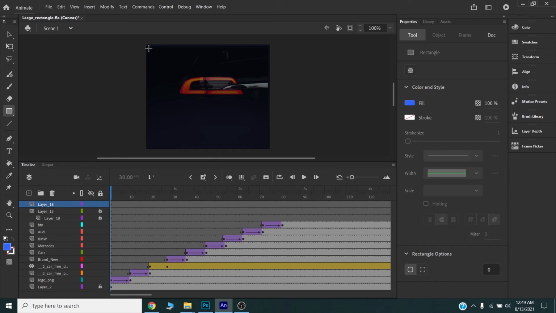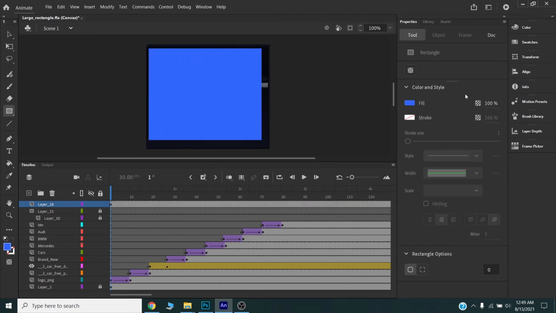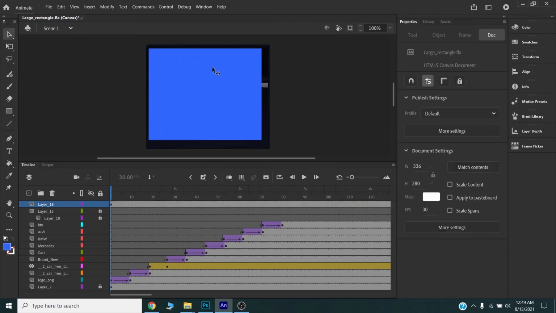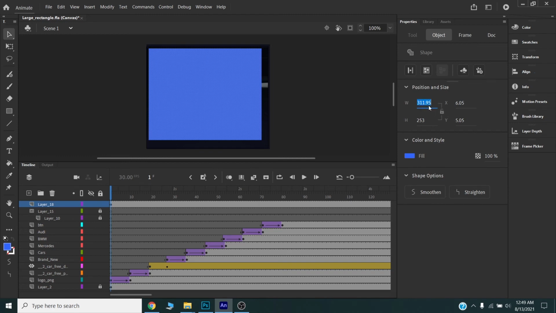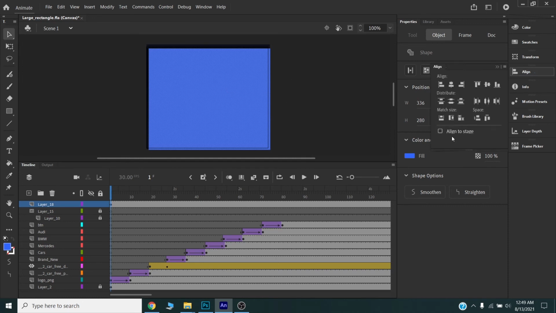So I will draw one rectangle here and I will select this rectangle. I will set the size to 336 by 280, same size of our banners, and I will align it to the stage like this. Okay,